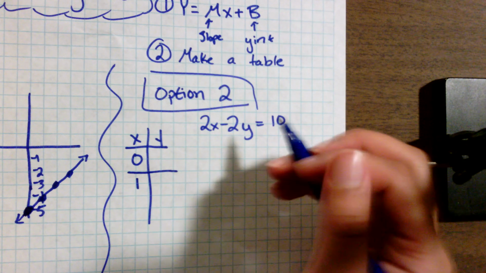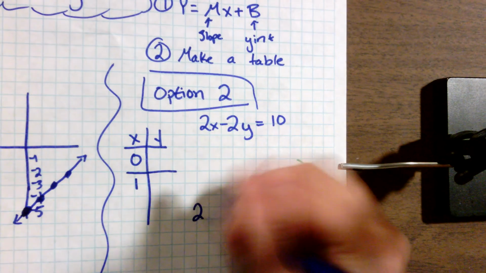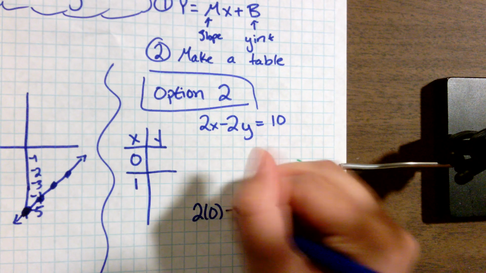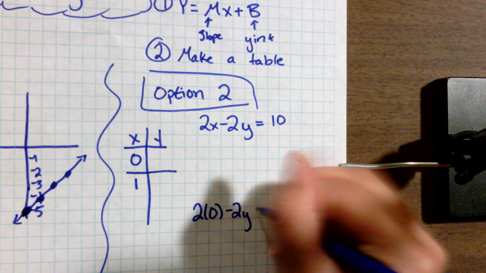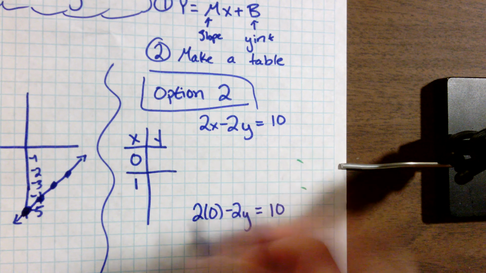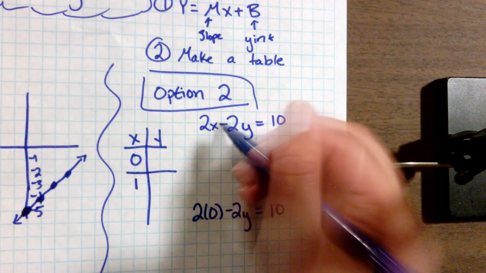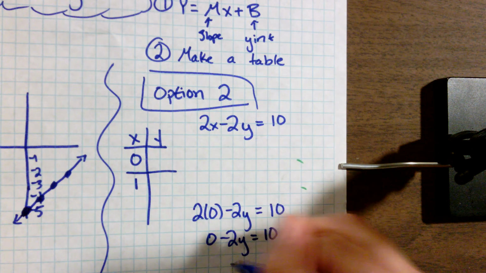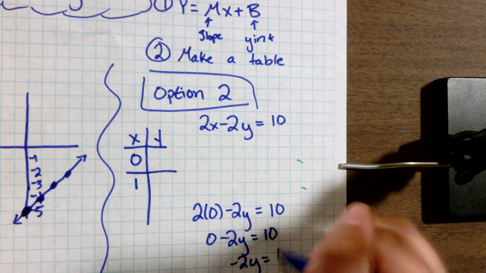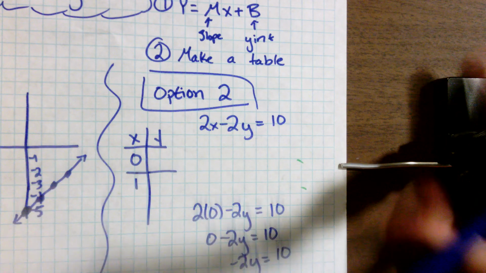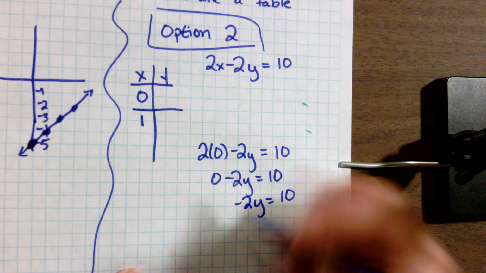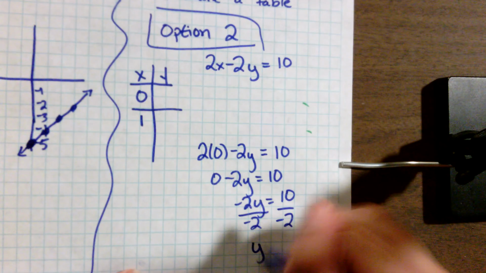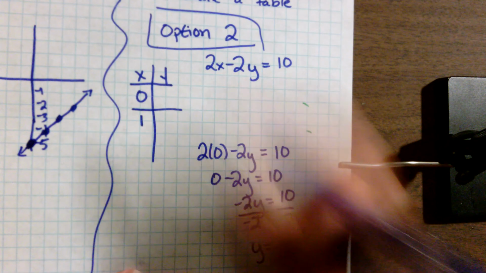Okay, so option 2 is just to plug in x values and solve for y. So for example, I could plug in values of 0 and 1. It doesn't matter which numbers you pick. I just like to pick small ones. When I plug in 0 for x in the equation, I get 0 minus 2y equals 10. So minus 2y equals 10. To get rid of that negative 2 being multiplied, I divide both sides, and I'm left with y equals negative 5. So I get